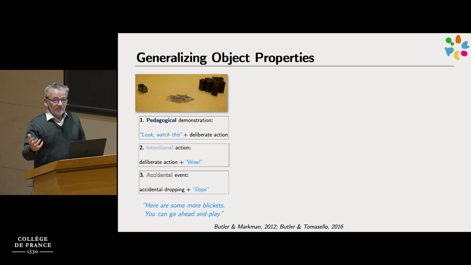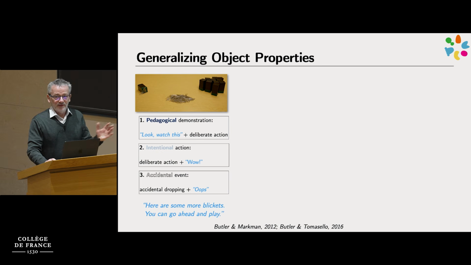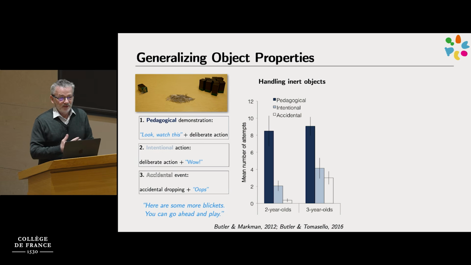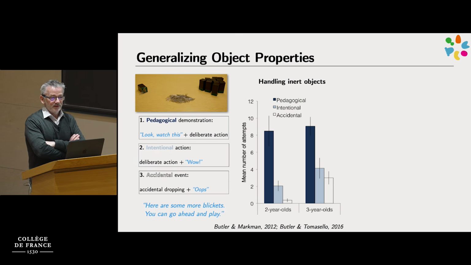And then the experimenter takes the object with him, leaves the room and says, here are some more bricks, you can play with them. And then the trick of this study is that none of the other objects are magnetic. So the question is what children do in this case. So the measure is how many times they try to make this object, or one of the objects, work on the paper clips. And as you can see,